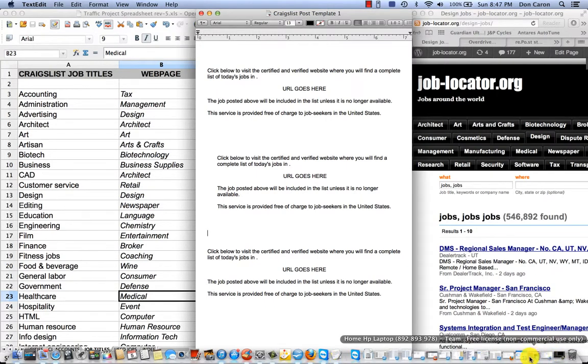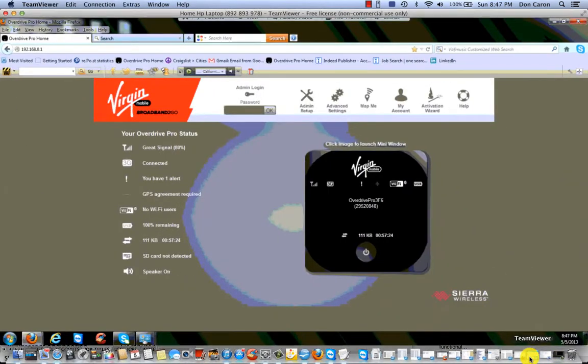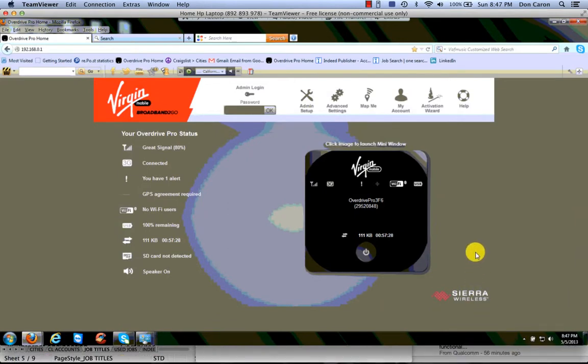And what I've come up with here is a way to not have to wait while the mobile hotspot is resetting, but you can. So what you do is you go into TeamViewer and get on the remote computer